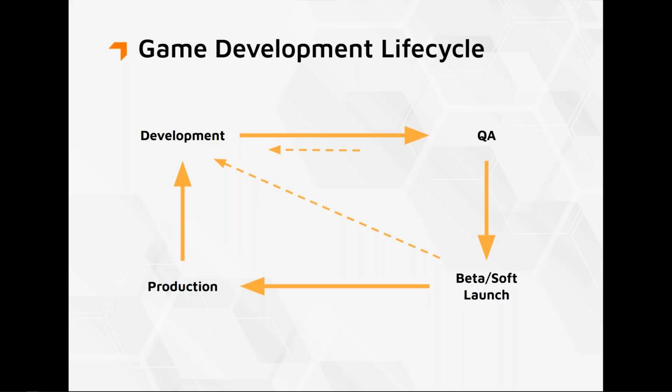So what am I talking about when I say development lifecycle? This is a very simplistic view of a game development lifecycle. It's pretty basic. We start on the top left in our development phase. This could be on a game that's already in production. Say we're adding a new feature or level or character, or some new thing to the game, or it could be a game from the ground up being built